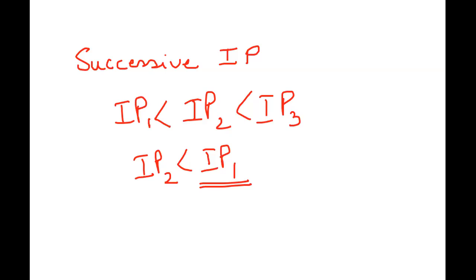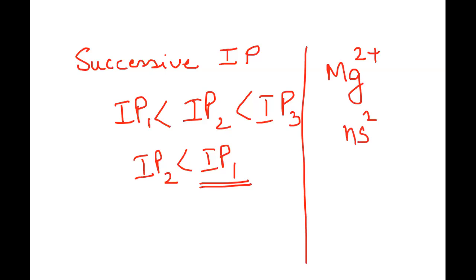Sometimes a question that comes to my mind is, if I'm talking about a magnesium ion, it is Mg2+, correct? In this case, the two electrons are already shown, and it easily forms Mg2+ ions. What could be the reason for this? If you look at the group 2 elements, you will find that they all have ns2 electrons completely filled. The ns subshell has 2 electrons. That's a completely filled subshell.